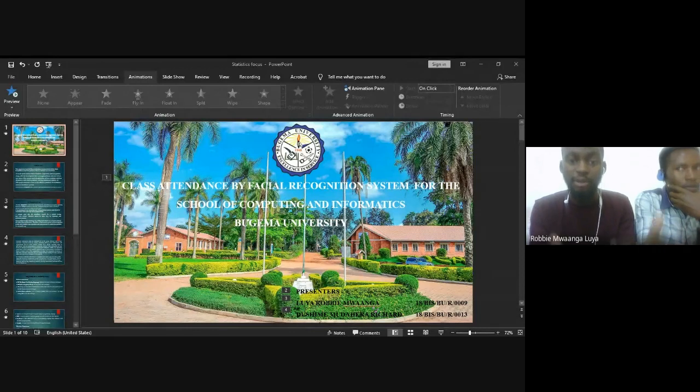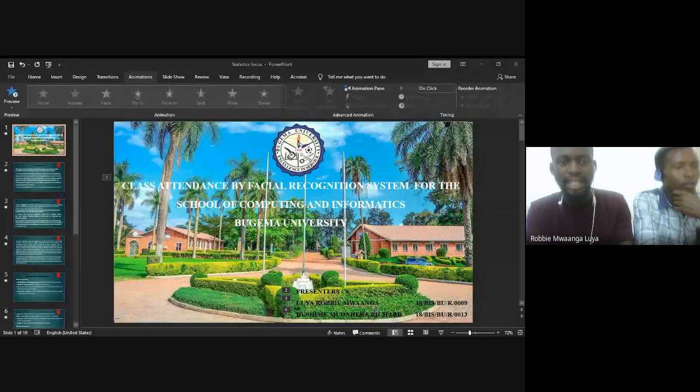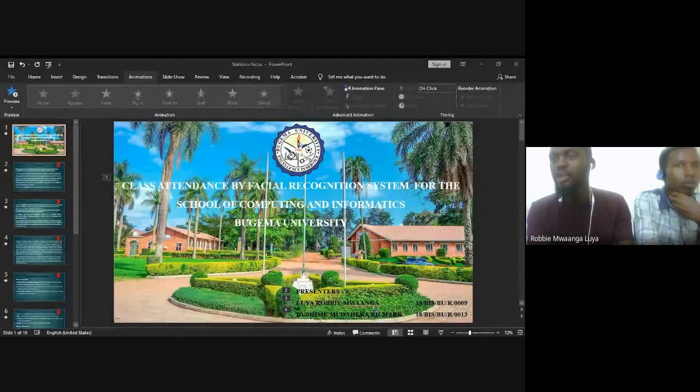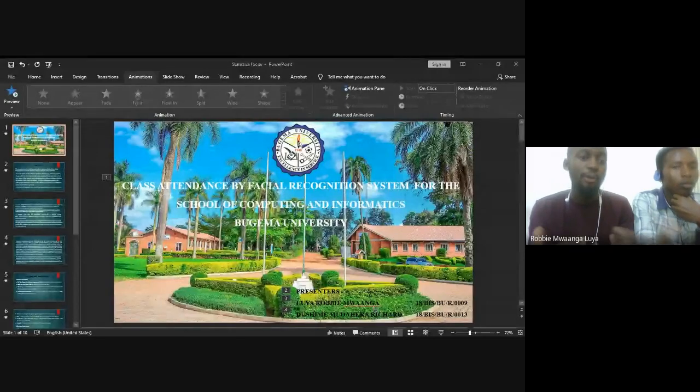to cater to the various use cases of the system, such as registration of new students and addition of photos. Then we do training of the photos, which means the system will recognize the faces each and every time after doing the registration. Then we have viewing of the attendance reports and other things. This project intends to be an efficient substitute for the traditional manual attendance system, of which the current